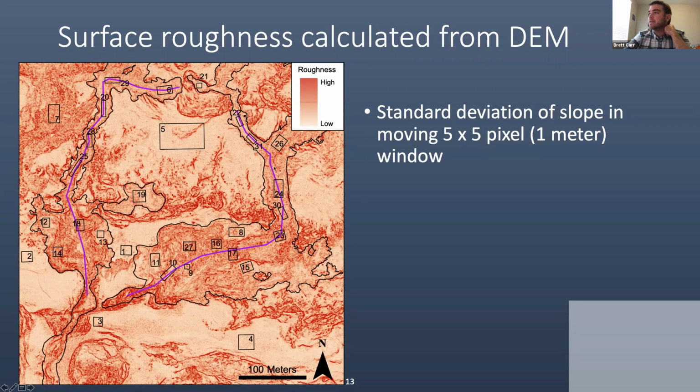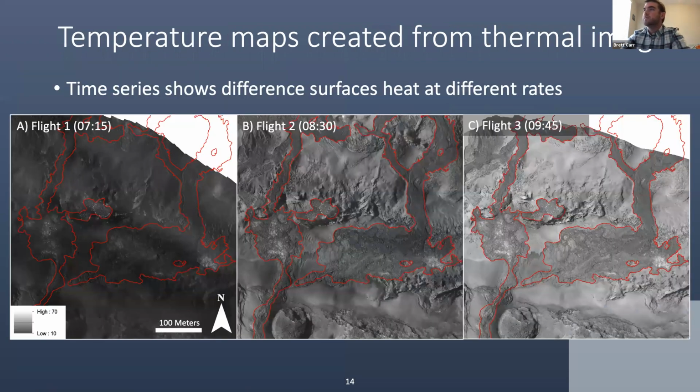The a'a is kind of hard to see, but it is a little more uniform and has intermediate roughness values compared to the in-member pahoehoe roughness values. And so that's one component of the data we're using to classify that we derive from the visual images. Then looking at the thermal images,